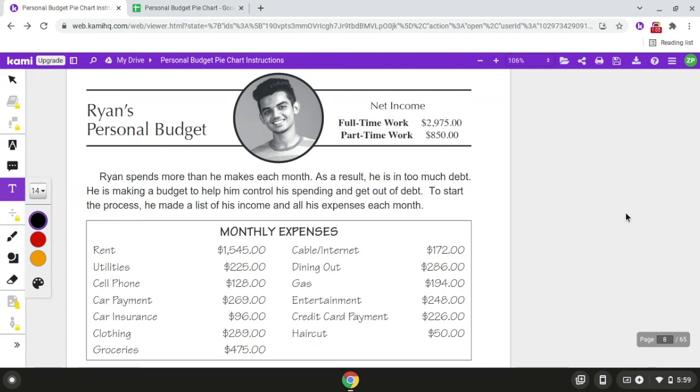All right. So as we can see here, we have all of Ryan's monthly expenses listed. So we have the expense type on the left side, and we have the expense amount on the right side. So what I did was I created a Google spreadsheet and labeled it Personal Budget Pie Chart. So if we come over to the spreadsheet,